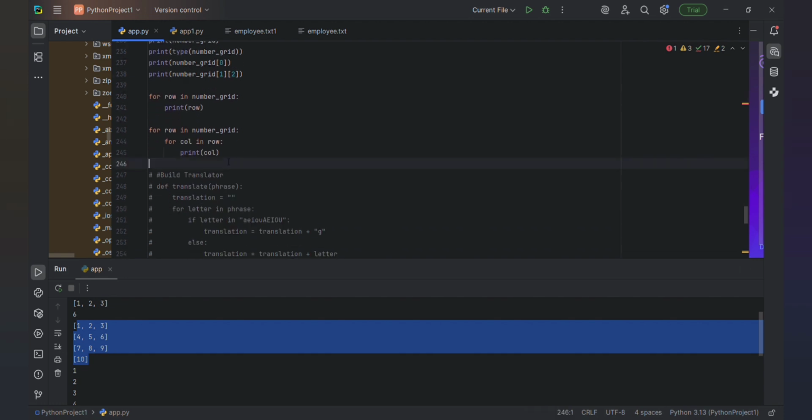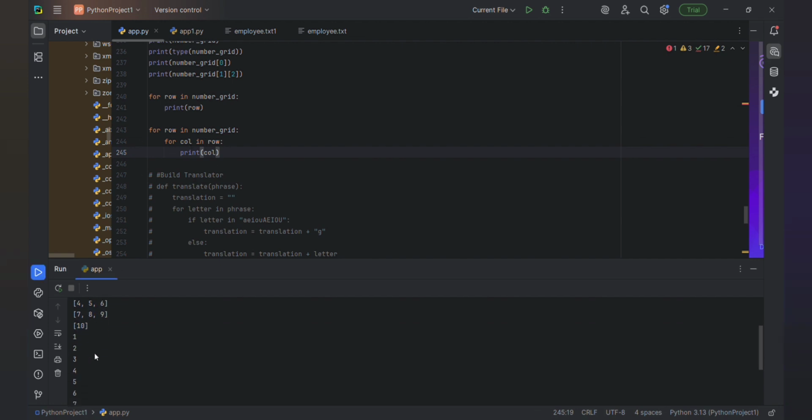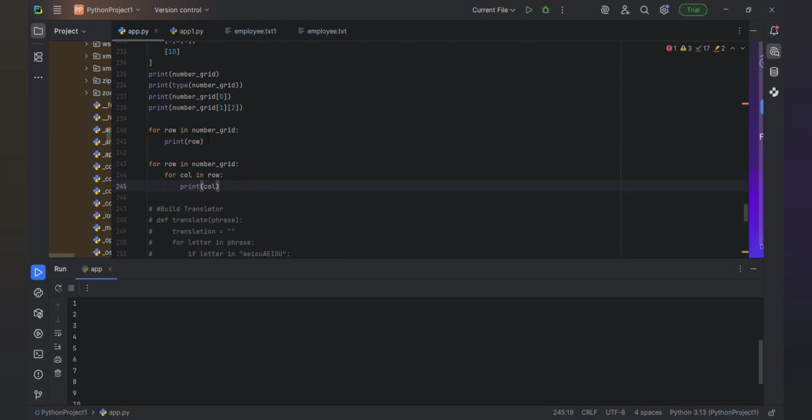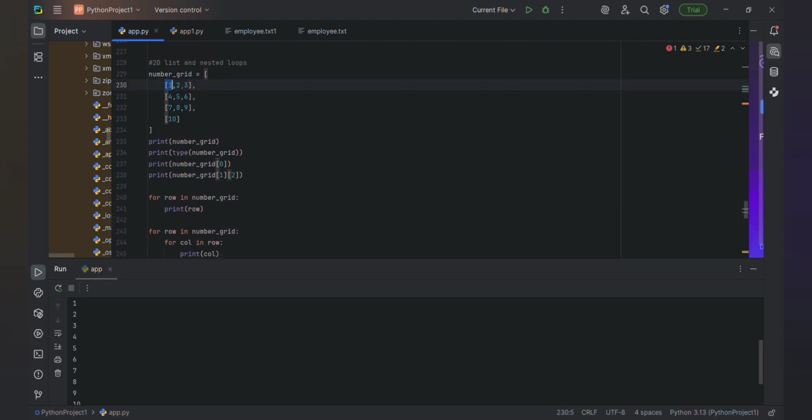See here, a nested for loop means a for loop under a for loop. So first, as it is for row in number grid, for column in row, how it will work is, first it will go to the zeroth row, zeroth column, so the element is 1, it will print 1.